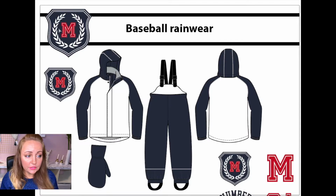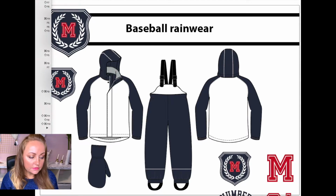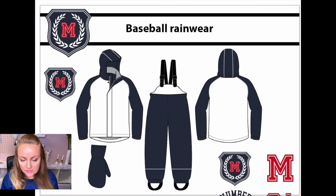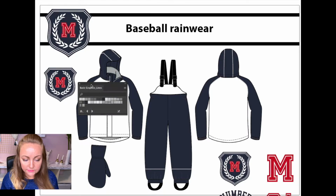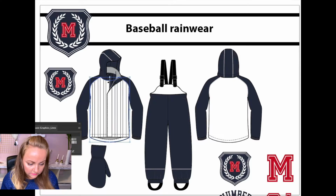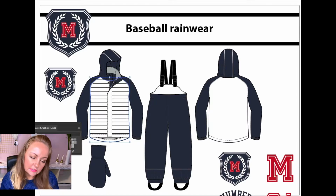So in Illustrator, you can always find patterns easily. If you go to Window, Swatch Libraries, and Patterns, then you can find basic graphics and basic graphic lines. And that's usually where I go to find stripes. So right now, if I want to add a stripe on here, I can test out different stripes. This is actually a pretty good stripe. I just need it to be